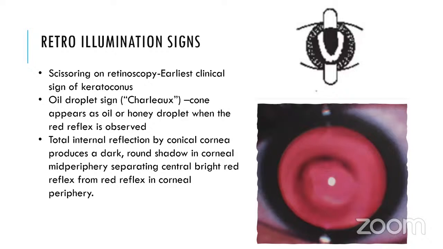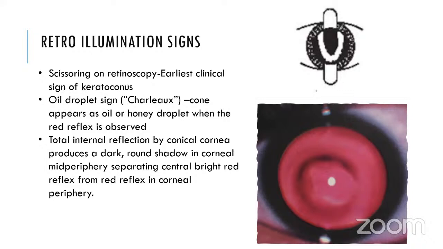Retroillumination signs: the scissoring reflex on retinoscopy is the earliest clinical sign of keratoconus. The oil droplet sign, or Charleux sign, is seen in the cone. The cone appears as an oil or honey droplet when the red reflex is observed. It is based on total internal reflection by the conical cornea. It produces a dark round shadow in the corneal mid-periphery, separating the central bright red reflex from the red reflex in